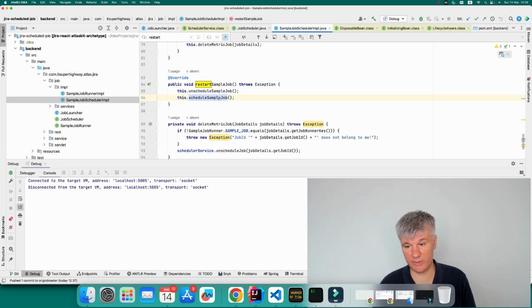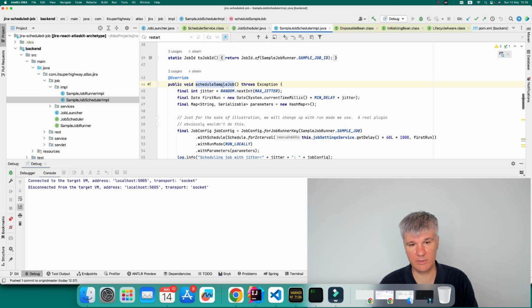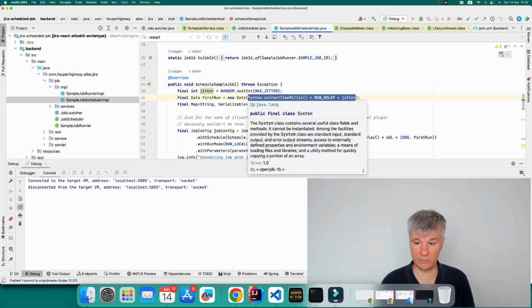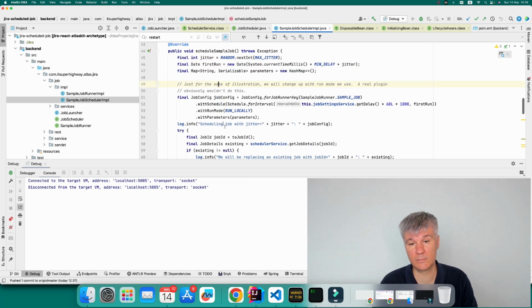Our job is registered. Now let's have a deeper look into how we schedule our job. First of all, we get when we want to have our first run, and that's how we count it. Because when we register our job, we also provide the date when our job starts to run for the first time. Then we start to define the job config. The schedule will be the delay. Delay comes from